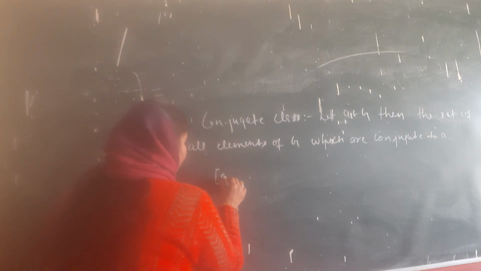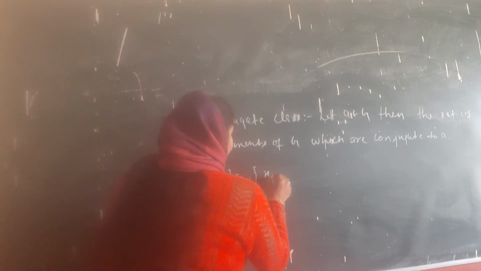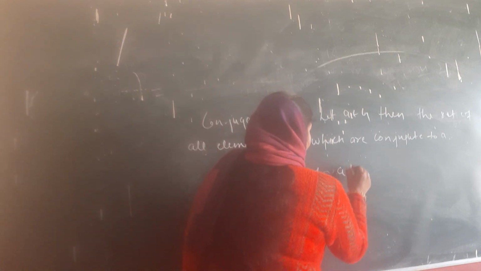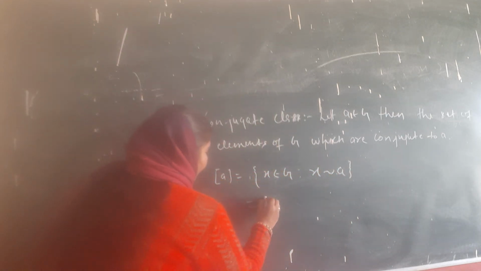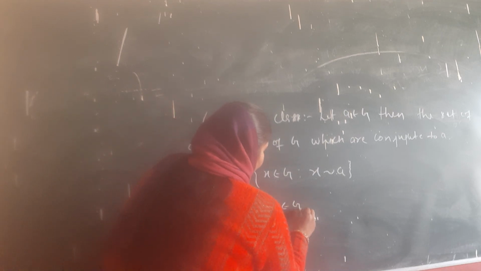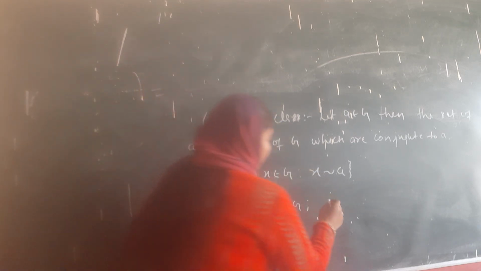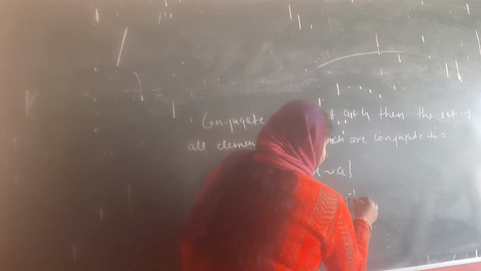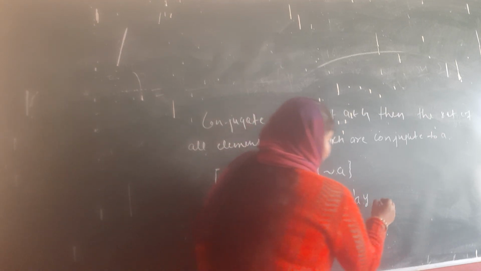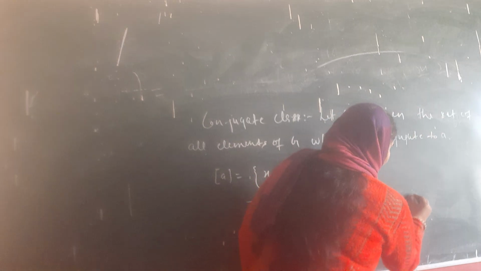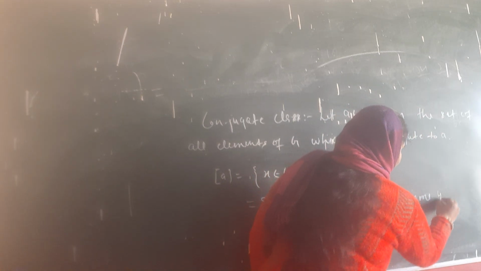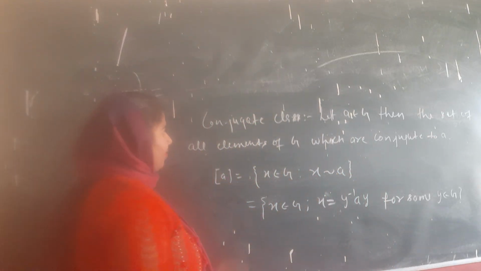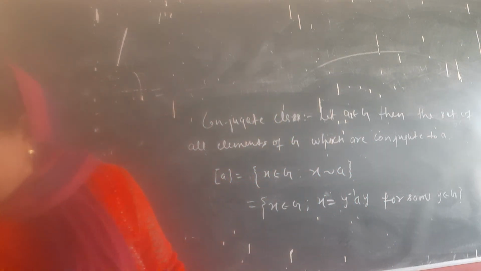Mathematically we can write, X belongs to G such that X is conjugate to A. It means X belongs to G, X is conjugate to A, which means X inverse A X is equal to Y inverse A Y for some Y belongs to G. ठीक है, ये हमारे पास होगा कंजुगेट क्लास।